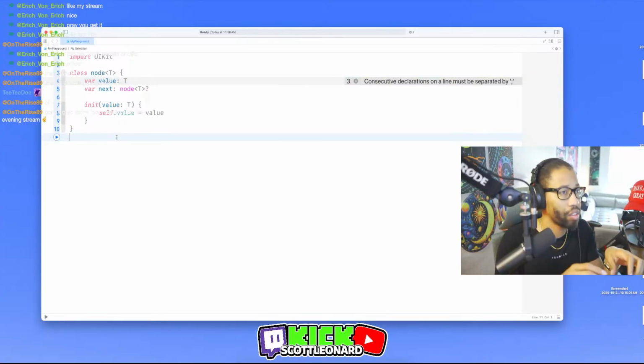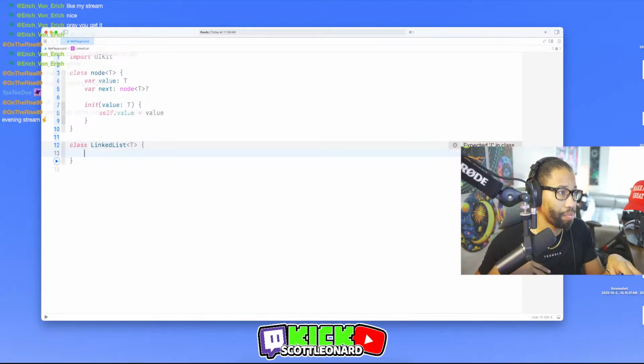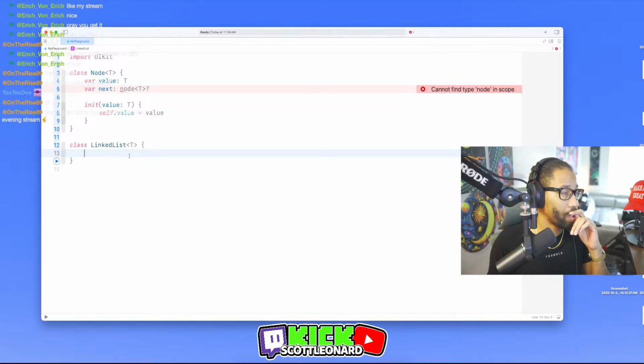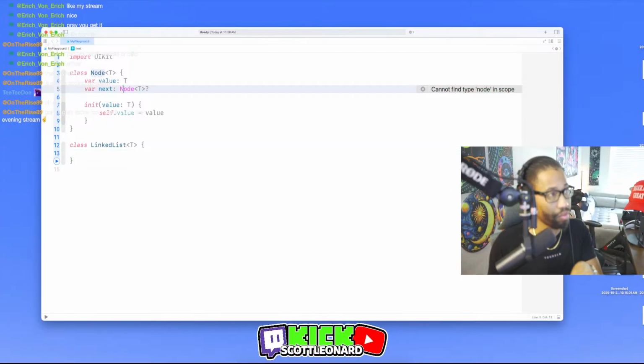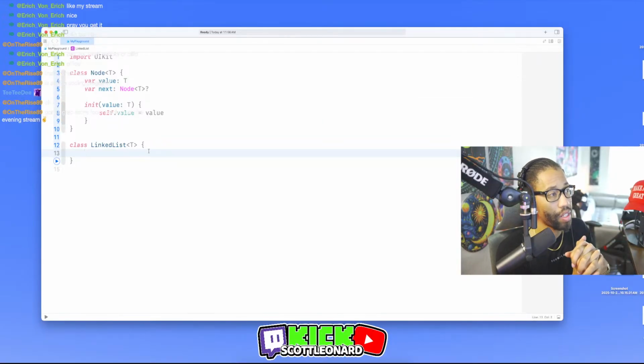Okay. And then class linked list. And by the way, names need to be capital. The class names need to be capitalized. Node. And then this should be, what is this supposed to be?